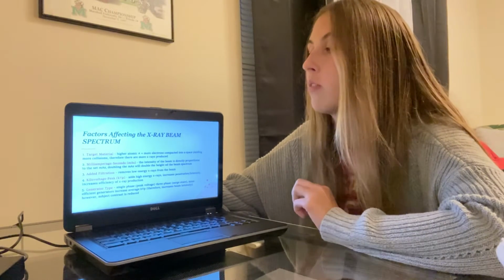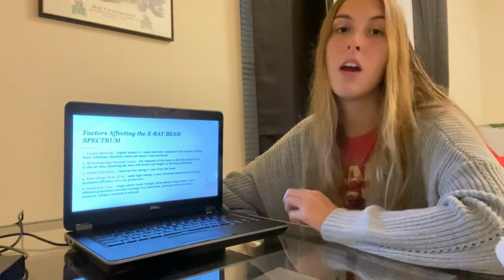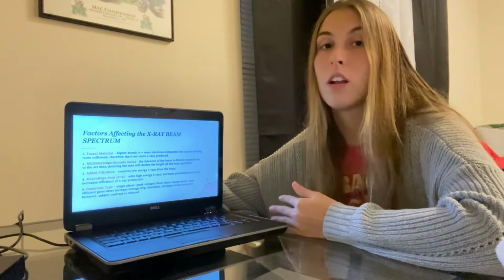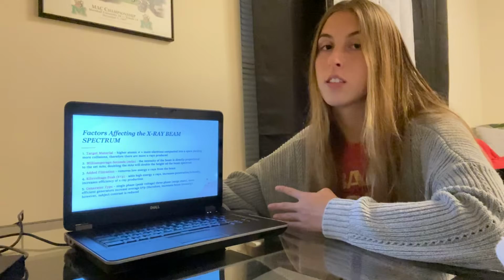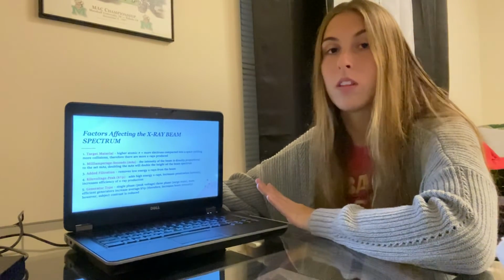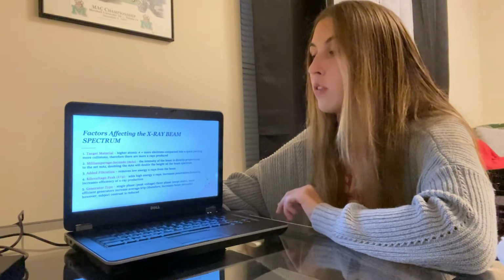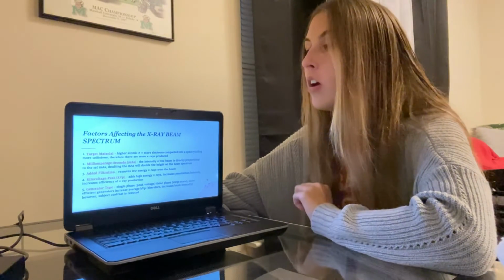Lastly, I want to talk about the factors that affect the X-ray beam spectrum, because there are other contributions that go in besides just what an electron comes into contact with after exiting the anode. So there are 5 different things: your target material, your mAs, your kVp, added filtration, and your generator type. So first,